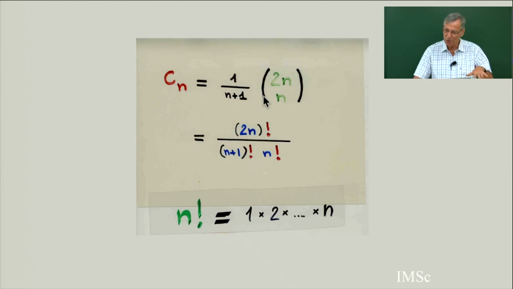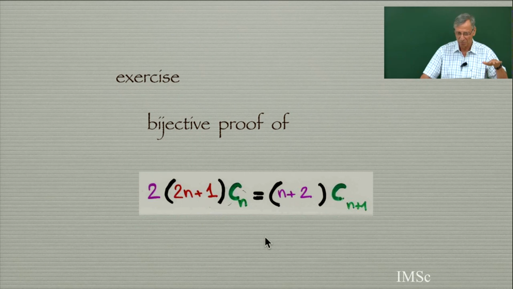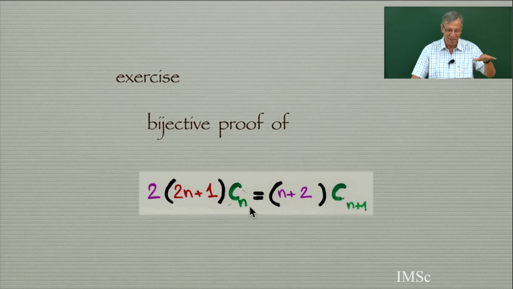So, exercise: if you want to be a purist, a fanatic of bijection and bijective combinatorics without any calculus at all, give a bijective proof of this identity. And this identity fits very well with binary trees. With the interpretation of Catalan numbers by binary trees, you can get this proof easily. Here you have a binary tree. Here you have to do something in two different ways. You multiply, you have to point something, and then you get a binary tree with one more vertex. And if you apply this recurrence relation recursively, you get the formula for Catalan numbers. It's equivalent to the formula for Catalan numbers.